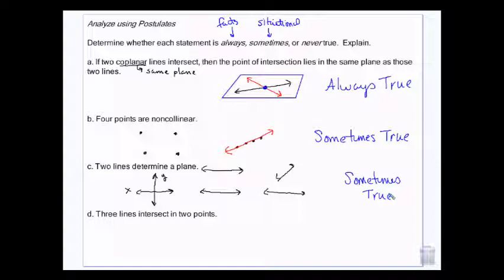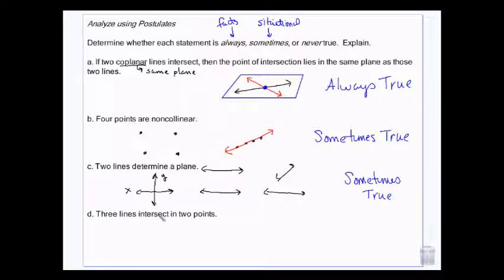If we're talking about two lines that are parallel or intersecting on the same level, yeah, that's a plane. But if I talk about two lines that are what we call skew, they never intersect, but they're not parallel, that's also sometimes true. Skew is where you have lines that never intersect, but they're not parallel, like these two markers that are facing opposite directions. Those will never make a plane. So it depends, again, which lines we're talking about, whether this is true or not. So this is sometimes true.